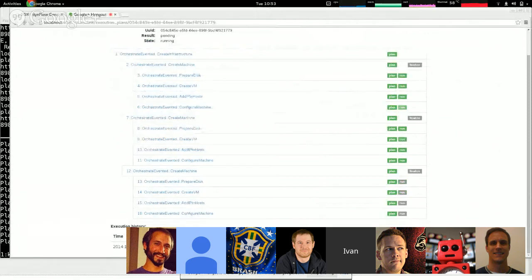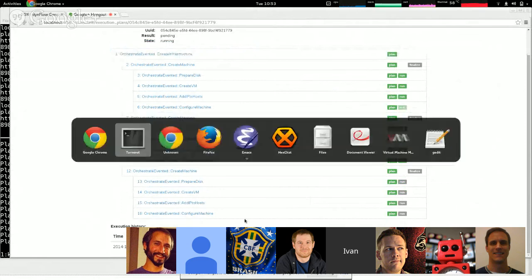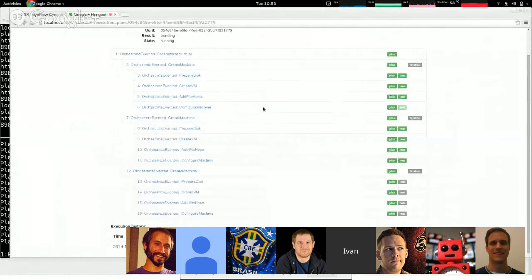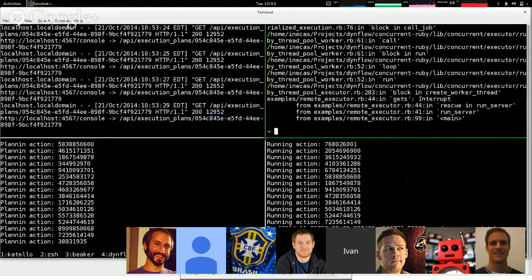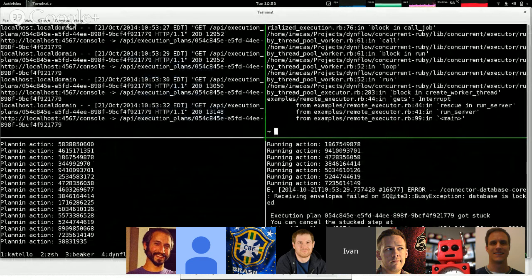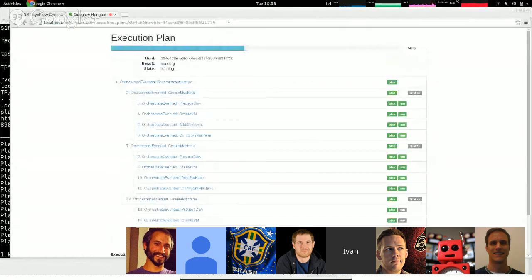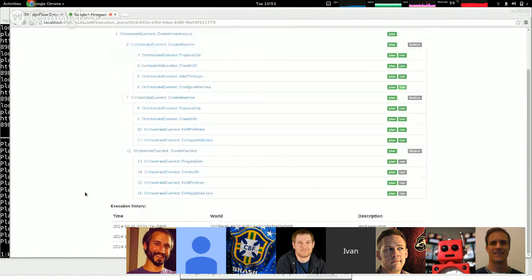There's the execution history, which says which world started executing this execution plan, and what I will do now is kill the executor that is running this thing. So what should happen is the second executor should pick up this execution plan and start working on that. Nothing happened. So you can basically restart, or in an HA setup, if you run more than one executor, you can kill or stop one, and the task would continue